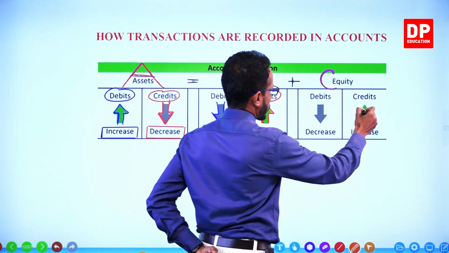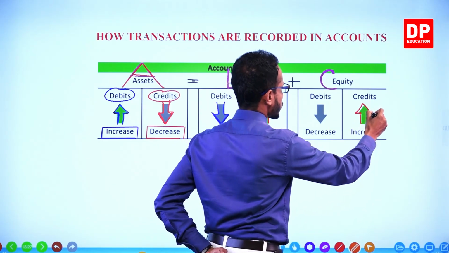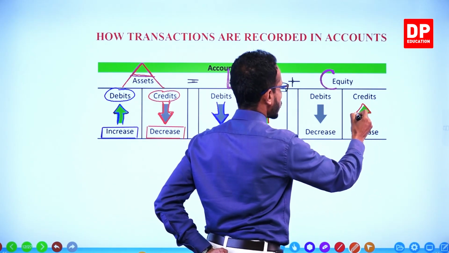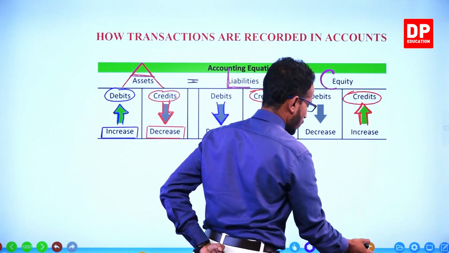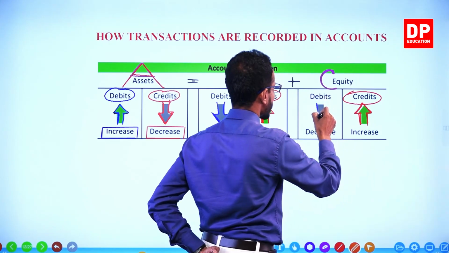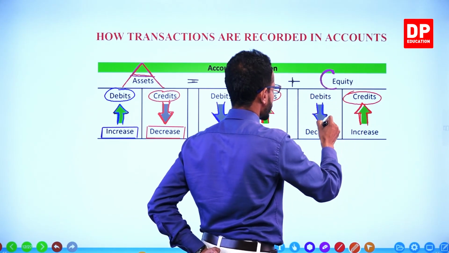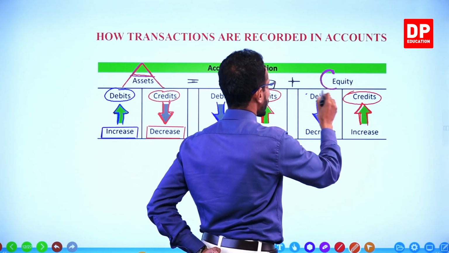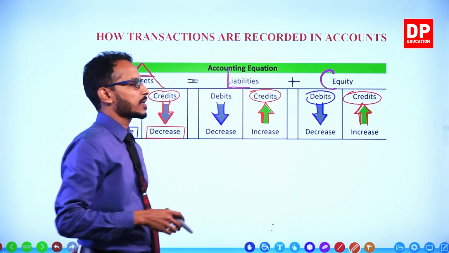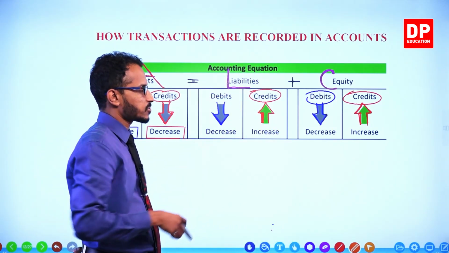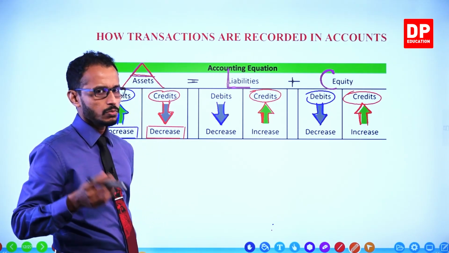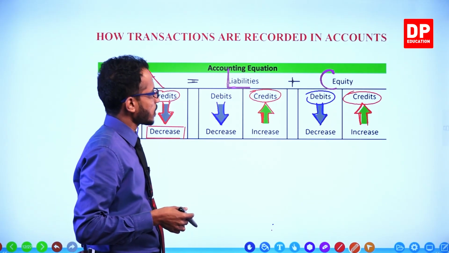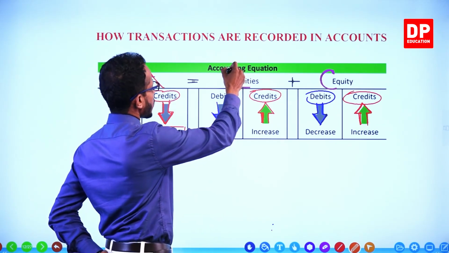Equity also, it's the same. Increasing, credit, right? Decreasing, debit. Increasing, credit. Decreasing of equity is always debit. Can you remember this now? If you can't remember, if it is too hard for you to remember,